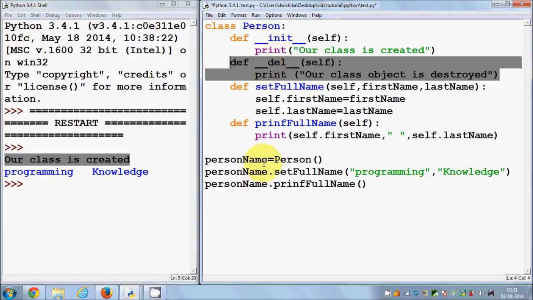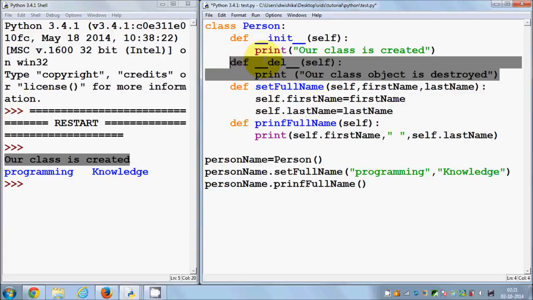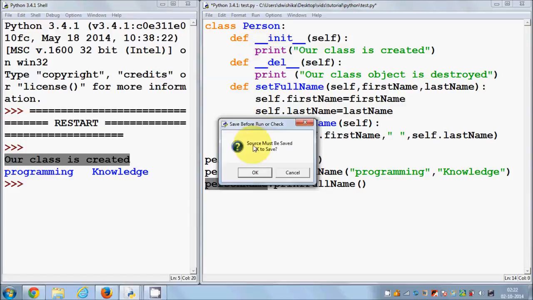the use of this destructor or deletion member function is for a garbage collection kind of use. So it just collects the garbage, or all the resources, and destroys all the resources which are used by this instance, which is person name. So I will just save my program and run it,